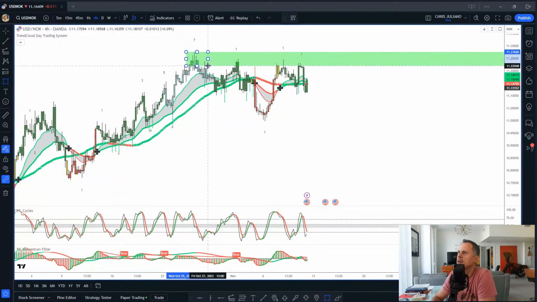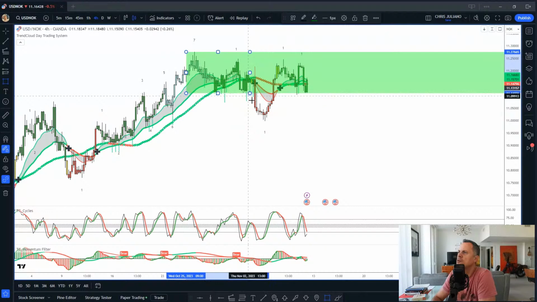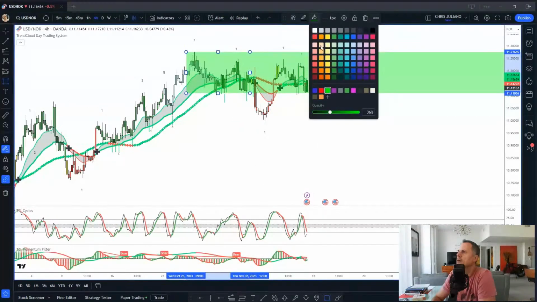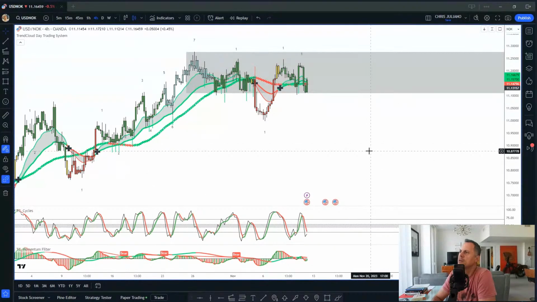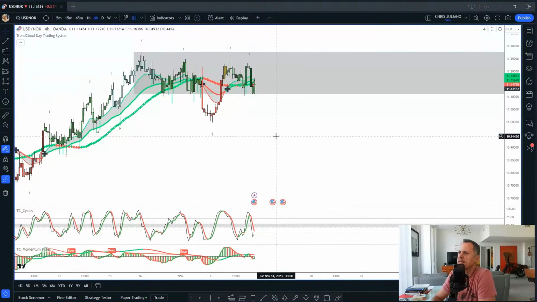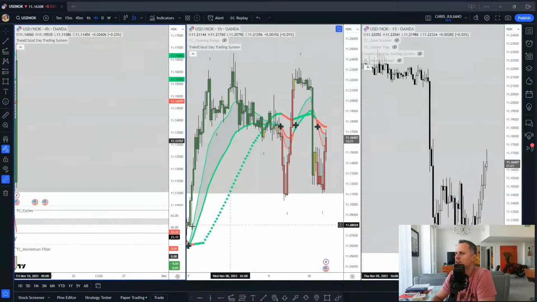Swing high. This is a little false breakout there. Let's make it gray. Okay. Little false breakout to the downside. Pulled back up into that consolidation. So